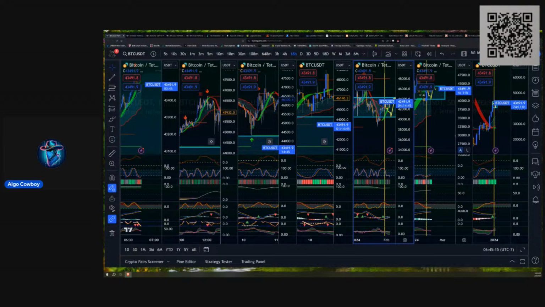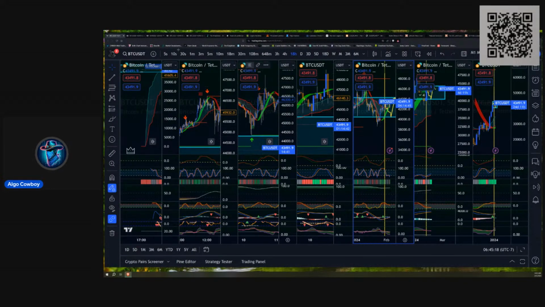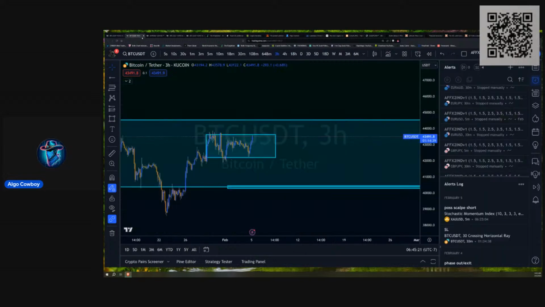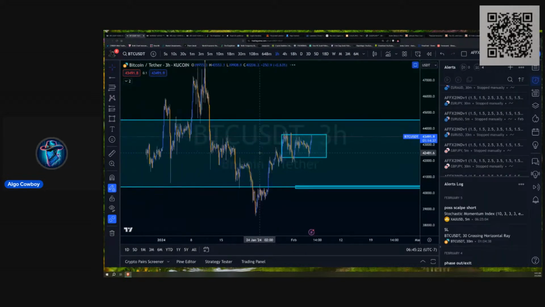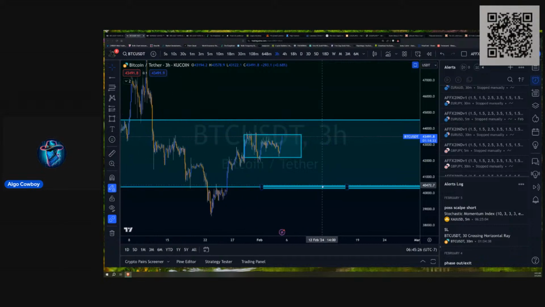Look, I'd say there's a decent chance, just based on the algo screen here, and I'm going to jump off this screen, there's a decent chance price will reject still and head down. The algos are high time frame bullish, but at the same time, there's a very high time frame resistance up against which price is hitting. And so there's a decent chance price will need to head down and grab some liquidity before it goes up.